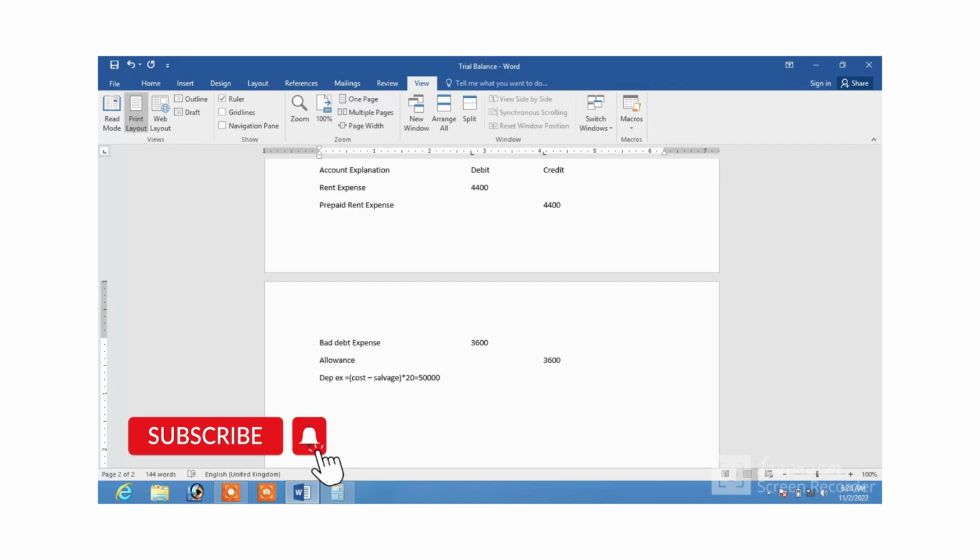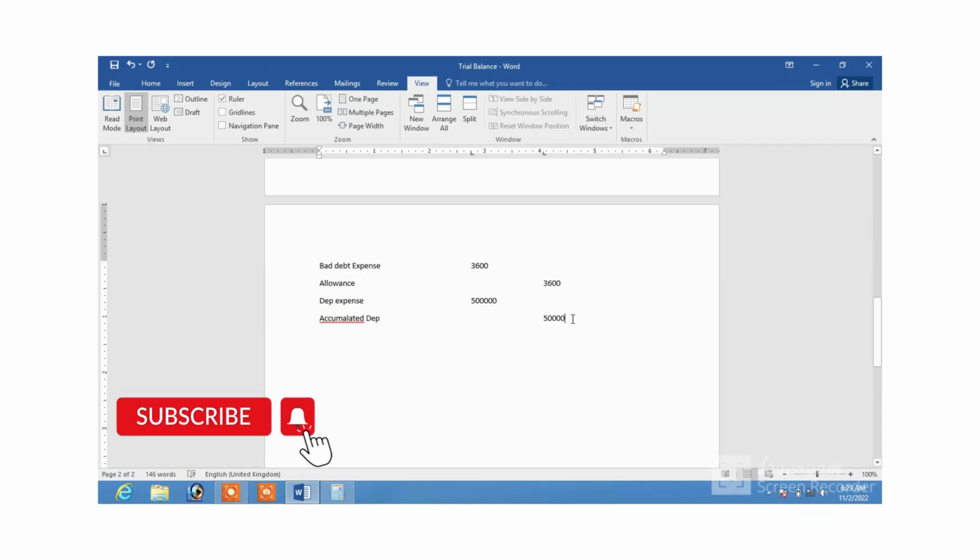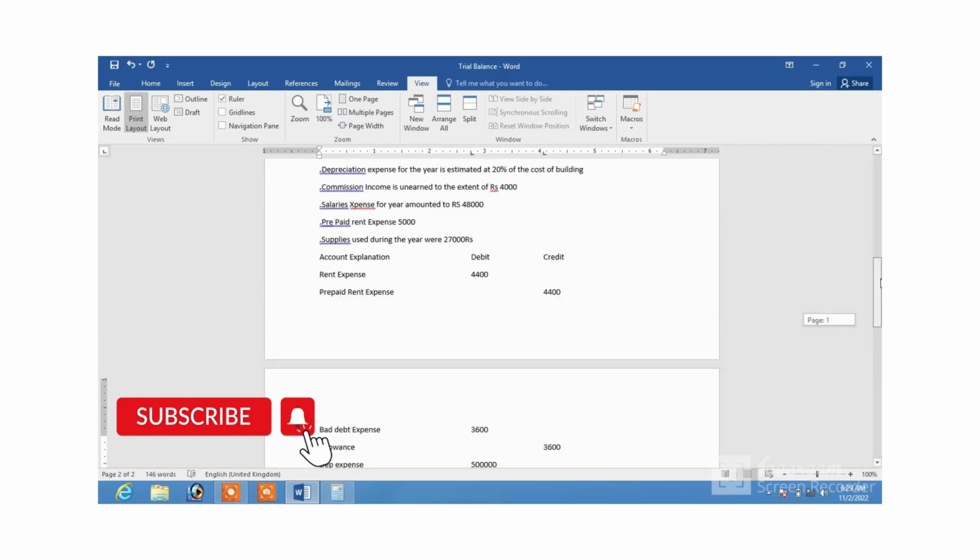So how will we pass this entry? Depreciation expense will be written as 50,000 for the year, and accumulated depreciation will be written. So friends, moving onwards,